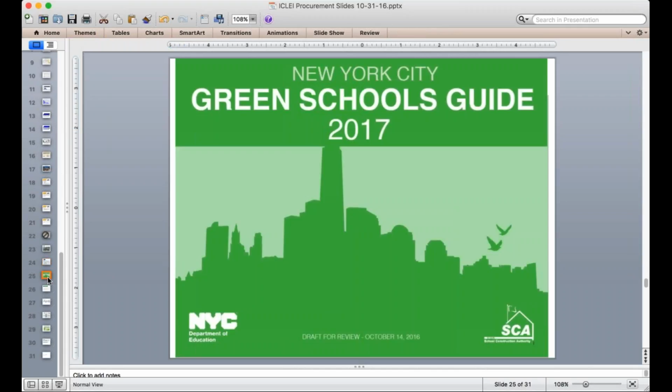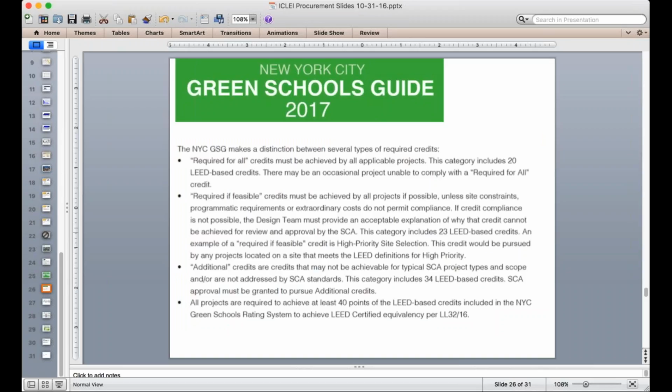And then lastly, as an example to wrap up, something that's probably the most complete, we've been helping the New York City School Construction Authority develop their Green Schools Guide and update it to use LEED version 4. Again, there are a lot of really similar components, but in this case they're not just saying meet LEED v4, they're saying, first of all, at the bottom, you achieve 40 points on the scorecard that we created,